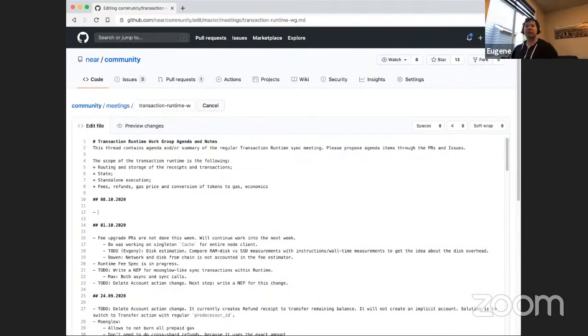So the big work item for transaction runtime this week was mostly upgrading fees. There was some work done on this front. So first I have a PR to refactor the runtime class, moving the runtime config out of it